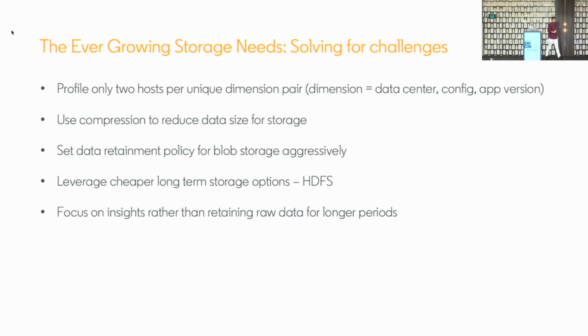So how are we solving for some of these things? One of the things is we limit the number of hosts per type of deployment. We leverage on-the-fly compression, data stream compression, to compress this data. Text data, so pretty high compression rates already. Retention policies for this data are very aggressive: 3 days post generation, and insights are retained for much longer. And these insights and the raw data, if really required, live in much cheaper storage like HDFS. So there is that part.